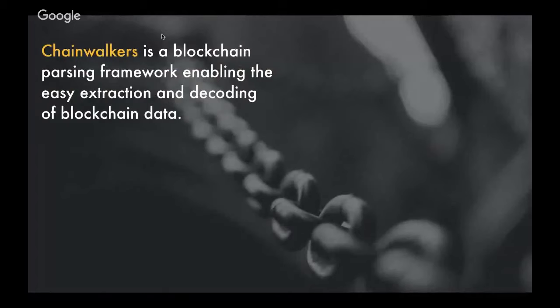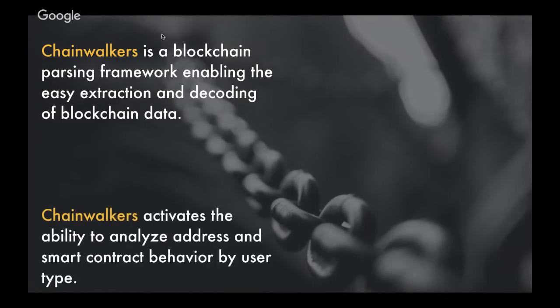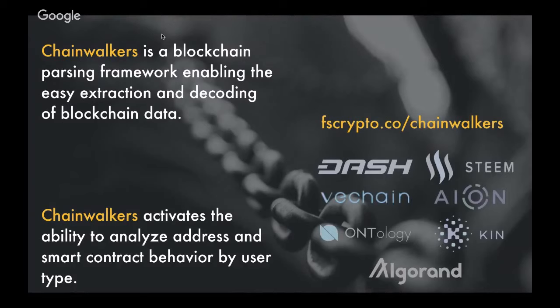For those who are concerned that we may not have their chain parsed, and how do you get to my users? We have a free tool. It's called Chainwalkers. It basically enables parsing of any chain. We've parsed about 25 chains today. It's super easy to do. If you'd like your chain to be parsed, we have documentation. You can go see that at the URL you see on the screen here. And here are some of the partners that we've already parsed today, so you get a feel for them.